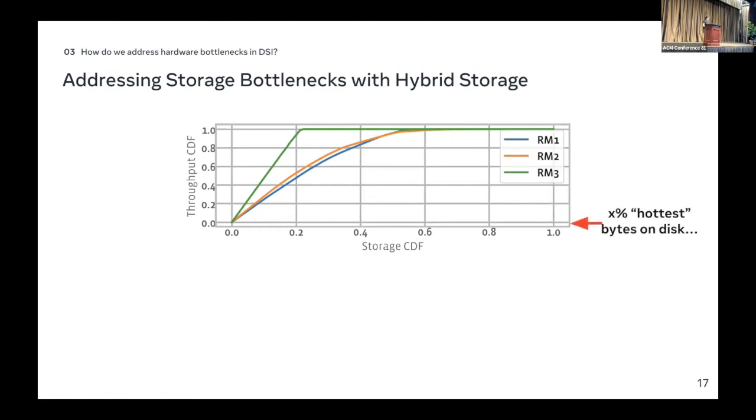On the x-axis is a storage CDF. What this means is that the X% of the most popular bytes within our data set contribute to, on the y-axis, Y% of storage IOPS. So just to give a concrete data point here, for example, if we look at 0.4, what this means is that 40% of our bytes in storage contribute to over 80% of our IOPS from storage across our recommendation model